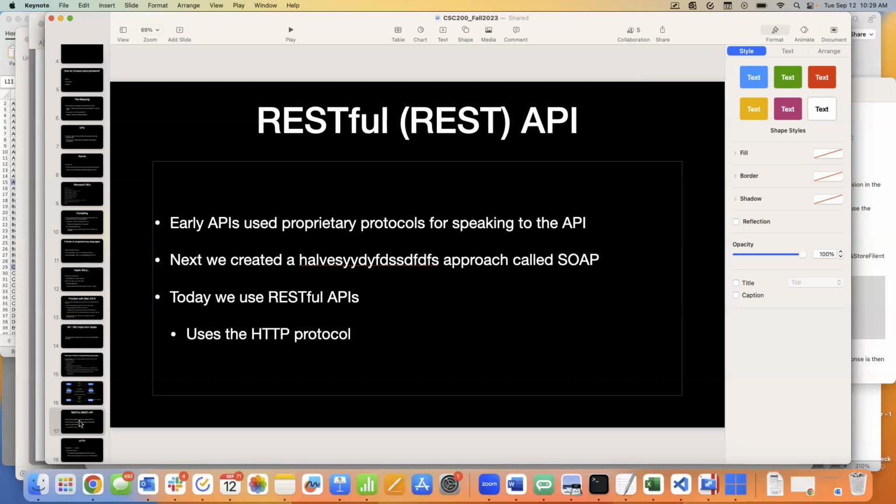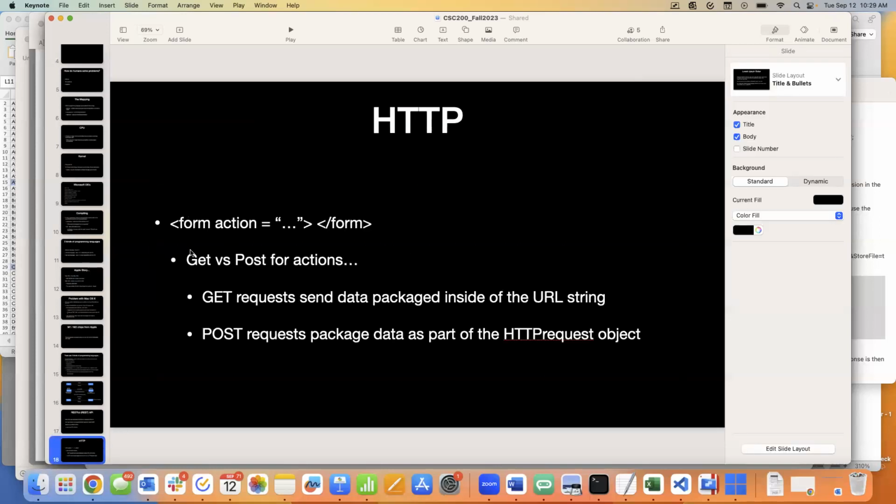Now, with the HTTP protocol, we started talking about that last time related to form actions, things like that. And over the years, when we think about this protocol from a web page perspective, we only really have thought about it from GETs and POSTs. A GET is where your information is up in the text of the URL. POST is sending it behind the scenes somehow. So really, it's just a matter of is it visibly there for the human to see, or would the human have to dig a little bit to get to it? But we've really only used 2 of those things, GET and POST.